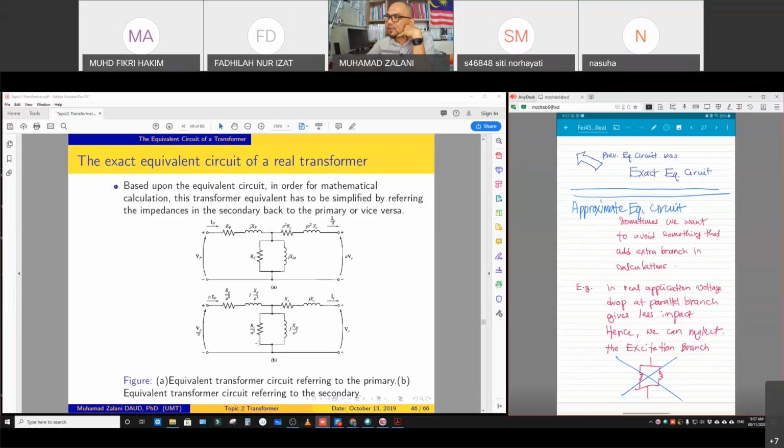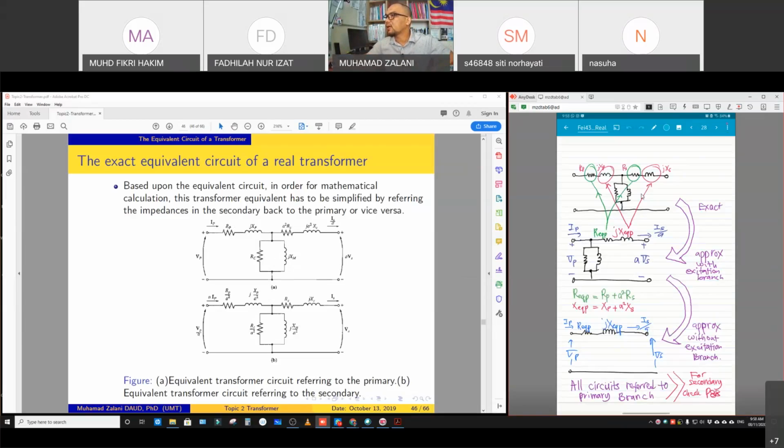We can neglect this excitation branch because it doesn't give much effect, especially when we are considering a large size of transformer. This parallel branch can be neglected because the loss related to hysteresis and also the eddy current is quite low compared to the effect of the magnetizing current here, and also the core loss in the transformer. So we can just eliminate this